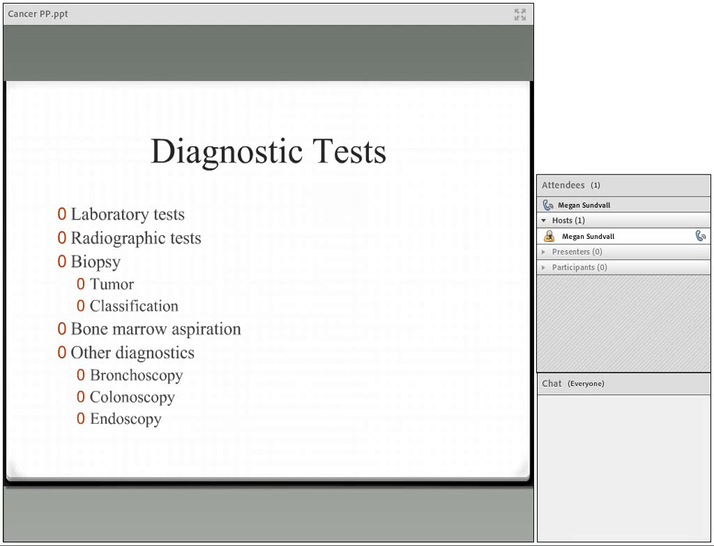Diagnostic tests that are used for cancer. We're doing different types of laboratory tests. So here I'm looking at different tumor markers, and these are substances that are expressed by the tumor or by normal tissue in response to a tumor. So for example, PSA, which is the prostate-specific antigen. This increases with BPH or prostate cancer, and it's used to screen for cancer, but also to determine one's response